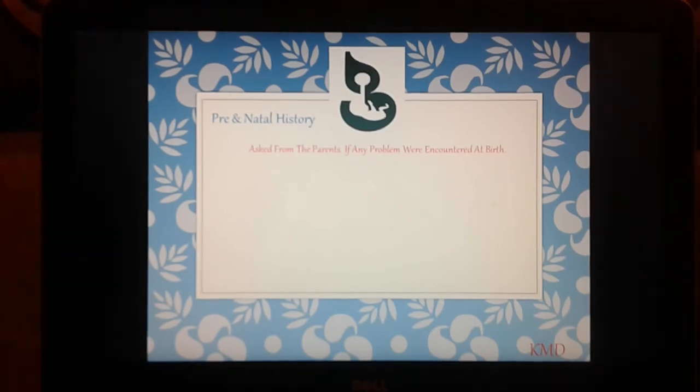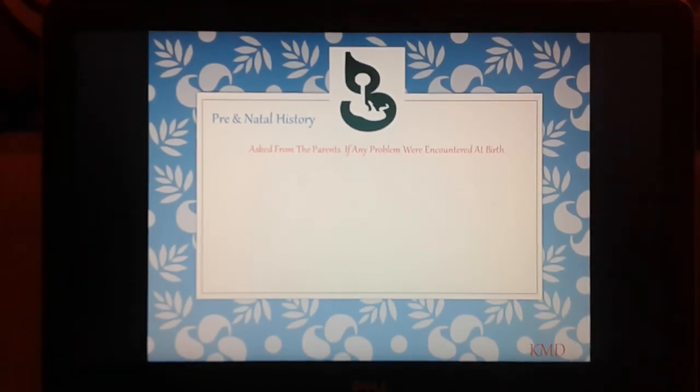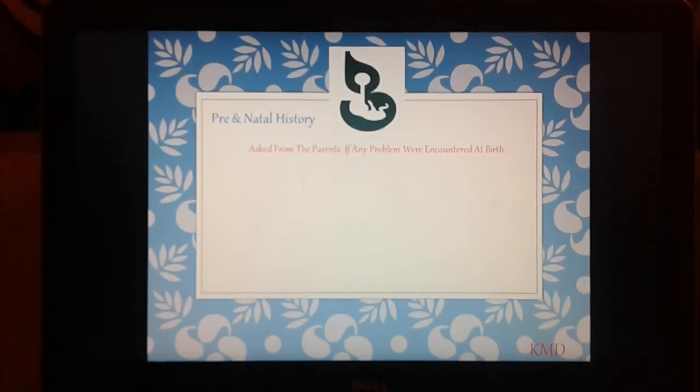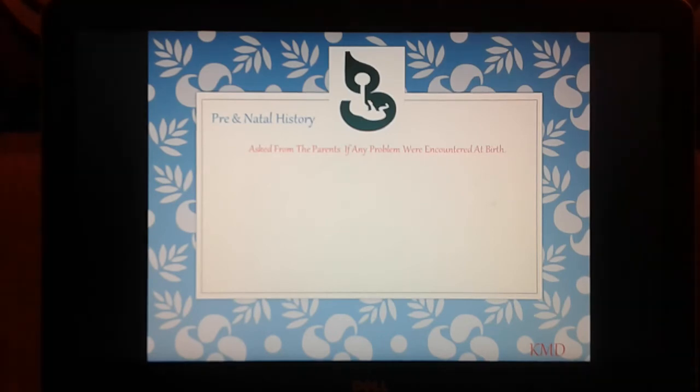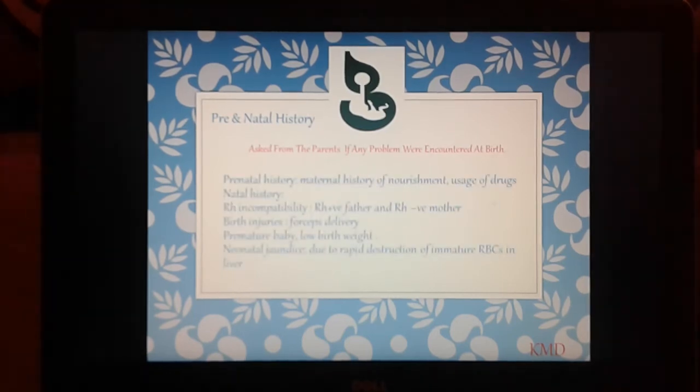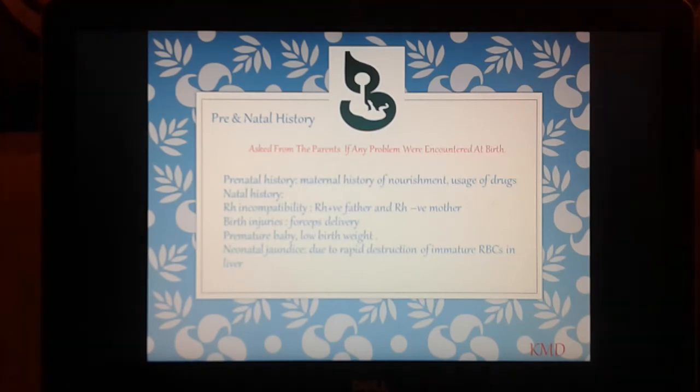This slide deals with infants and young adults. We have to take the prenatal, the natal, and the postnatal histories, which are equally important in reaching a diagnosis in case of treating pediatric patients. The prenatal history is basically a maternal history of nourishment, the usage of drugs, and the natal history